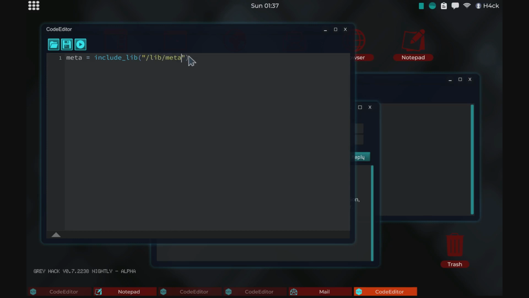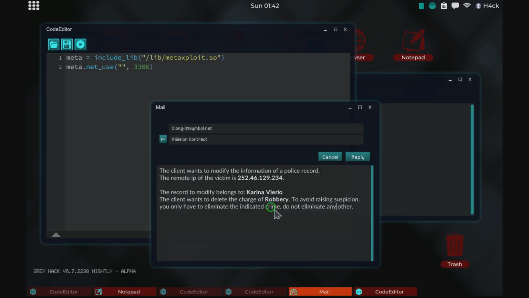And we need to use the metaexploit like most hacks are using. Then we use the net session,